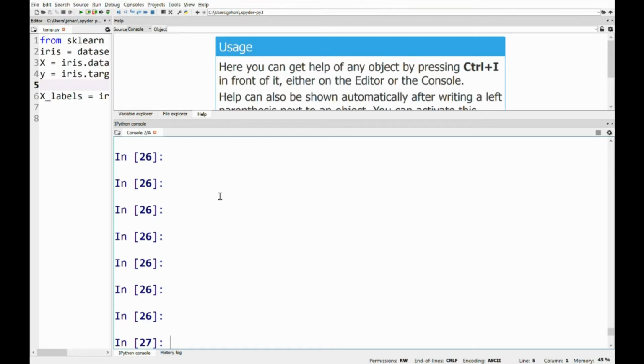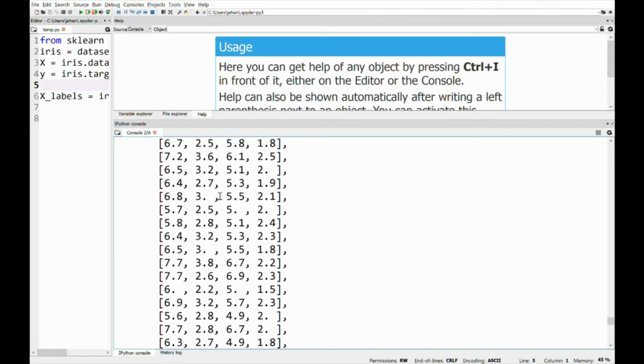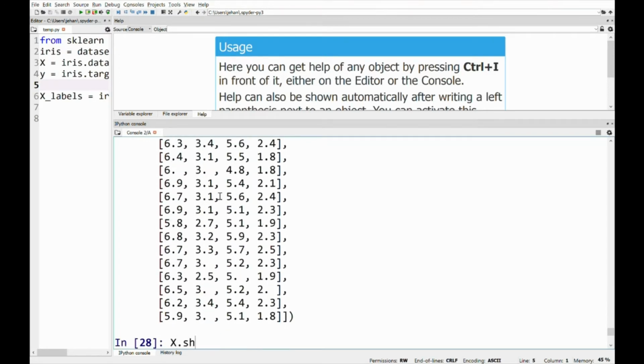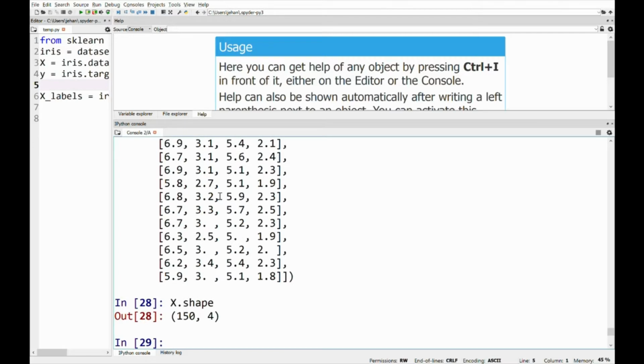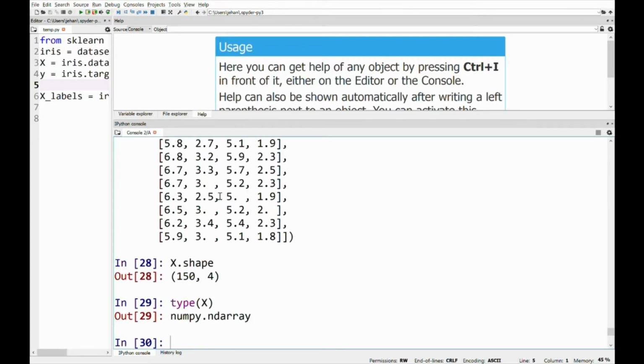Before I begin, I've already imported some data as a NumPy array, and if we look at that, it's just a 150 by 4-dimensional array. So we can do x.shape, we can do type, right? So not very exciting, incredibly useful. You should look at the lesson on NumPy for that, but we can get a little more functionality by using